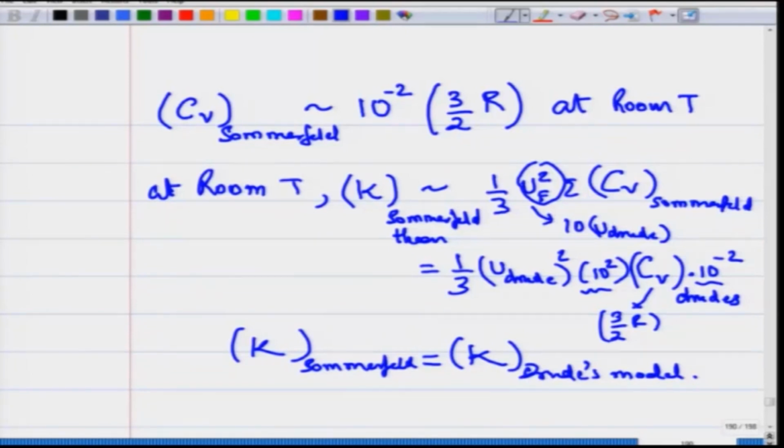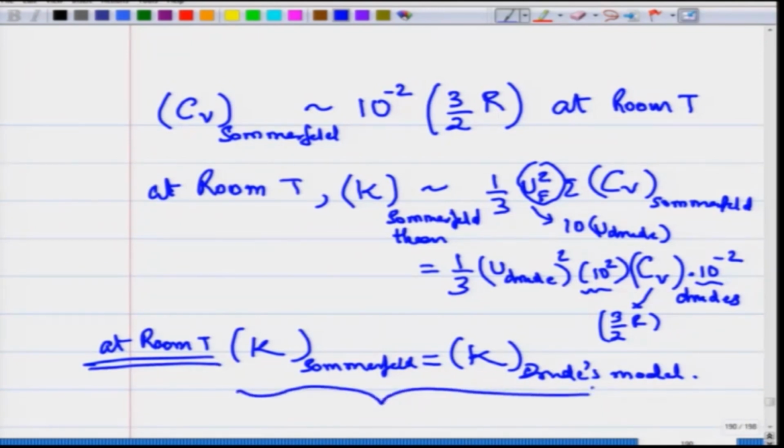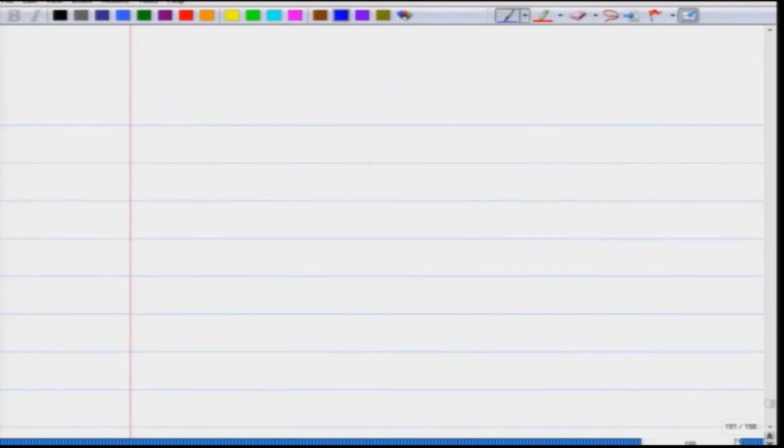The velocity turns out to be higher, but the specific heat due to electrons in the Sommerfeld model turns out to be lower in such a way that they completely cancel out, and the Sommerfeld and the Drude's model estimation of the thermal conductivity turn out to be identical at reasonably high temperatures, where we are looking at this at room temperature. So, this is one aspect which is associated with the Sommerfeld's model, and there are of course some differences. In Drude's model,